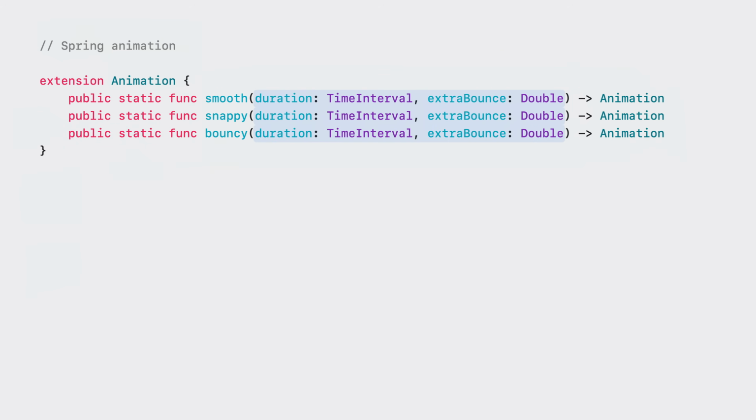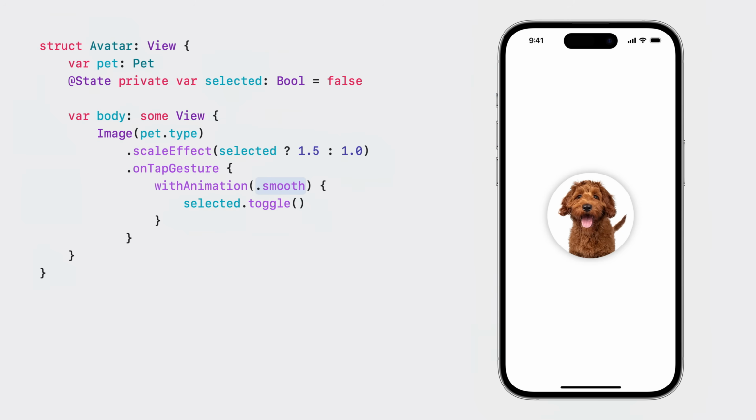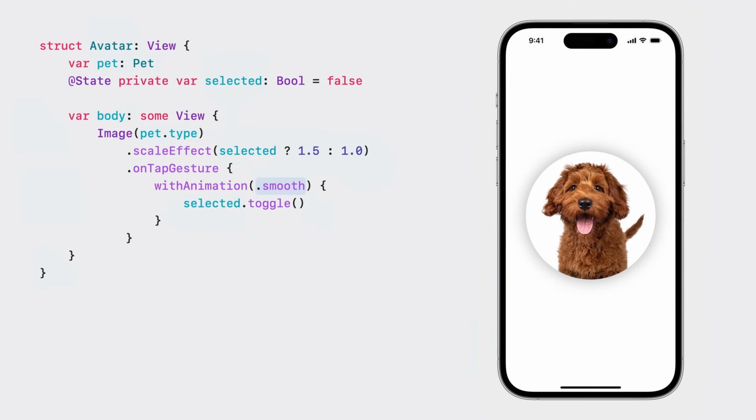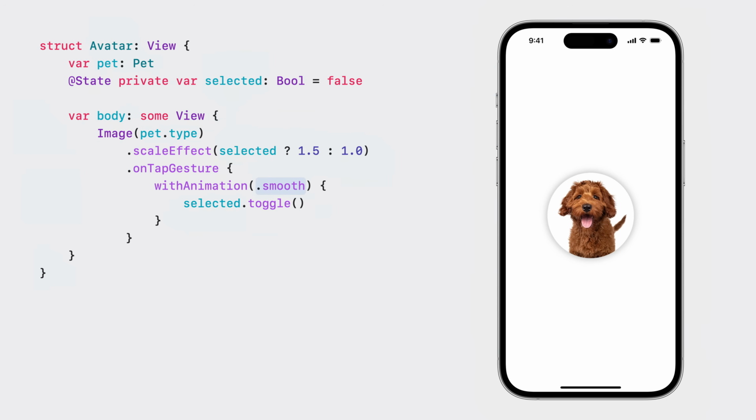Each preset can also be tuned to adjust the duration or tweak the bounciness. We highly recommend using spring animations because they give your UI an organic feel by preserving velocity and naturally coming to rest. In fact, we feel so strongly about the benefits of spring animations that we made a smooth spring the new default when you use a bare withAnimation in iOS 17 and aligned releases.